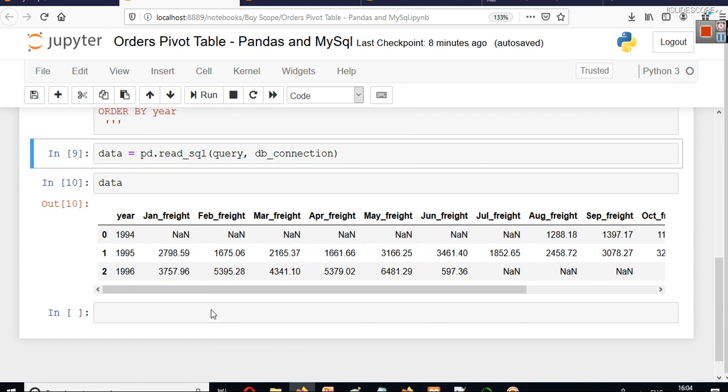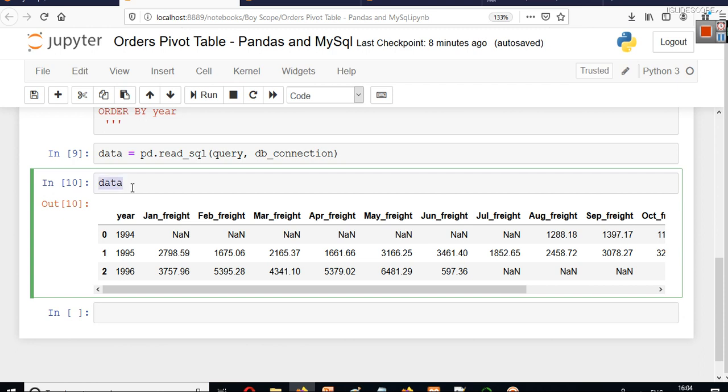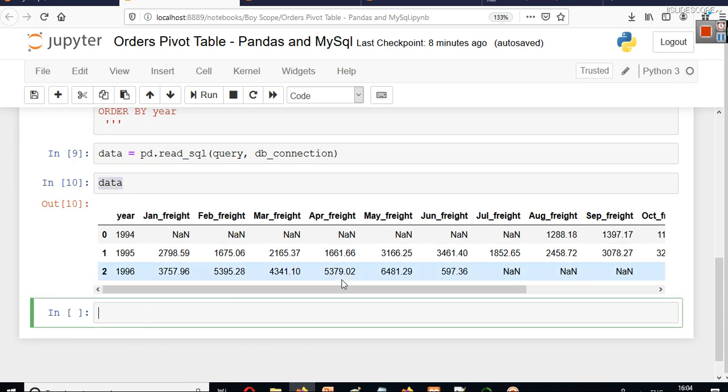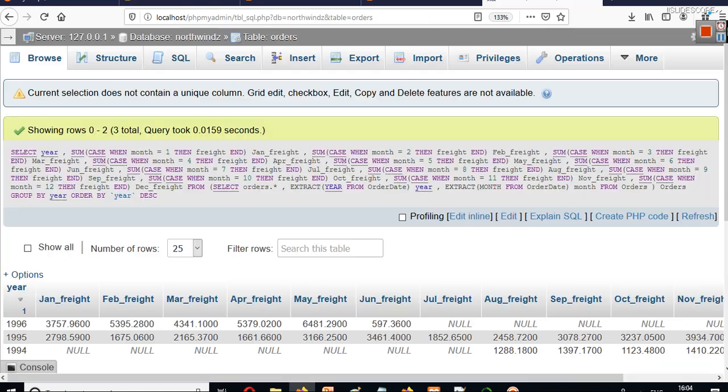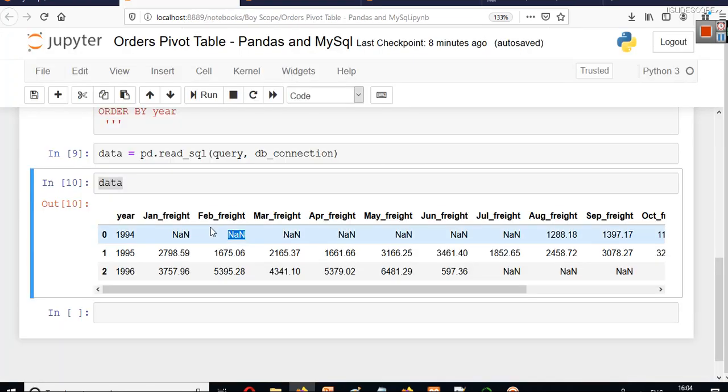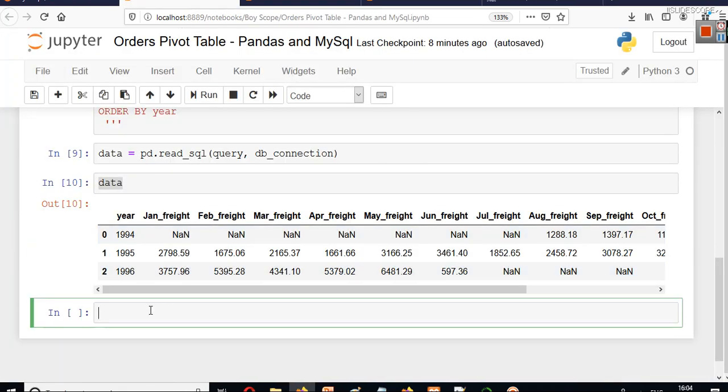Now the thing is, this much we already got in SQL. So what's the point of this? This is just an alternative way, because we can plot graphs here. So the first thing that we will do here, because we have NaN values, not a number values, we have null values here, is we are going to use a very simple function. You can remember this easily. This is called fillna.